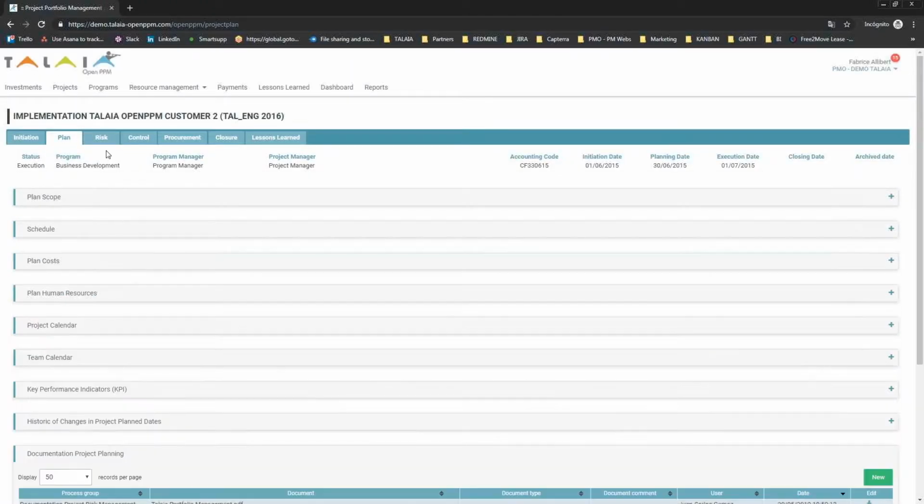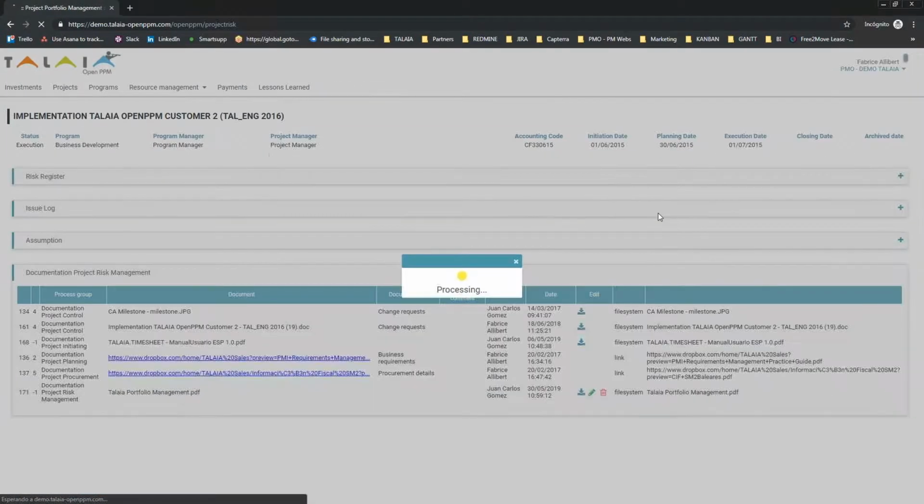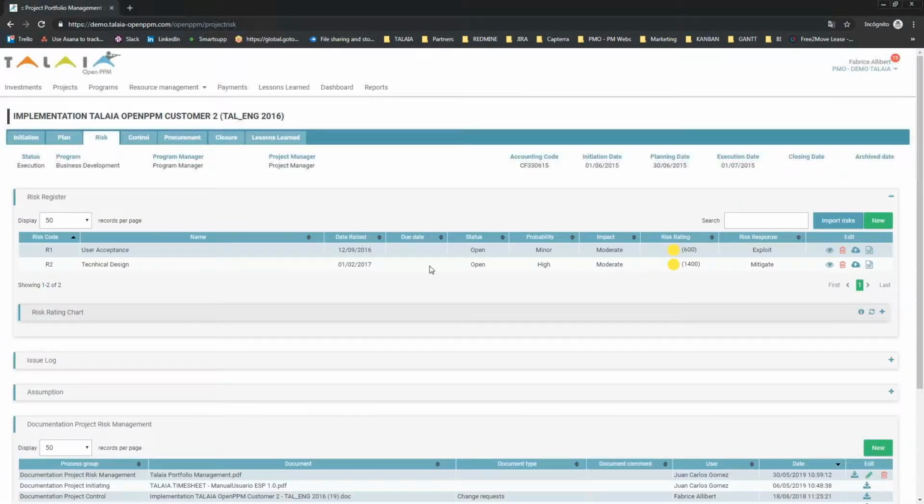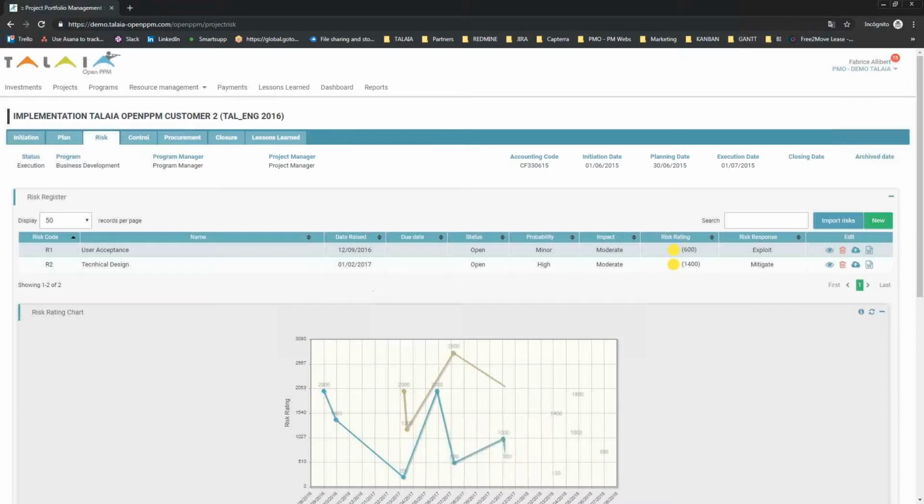Once planning is done, at the same time, I can manage risks throughout the project. So defining risk and seeing how they are evolving. The lower the risk rating is, the more controlled the risk is. The higher the risk rating is, the more uncontrolled my risk is. All right. And the risk rating is the result of the probability and